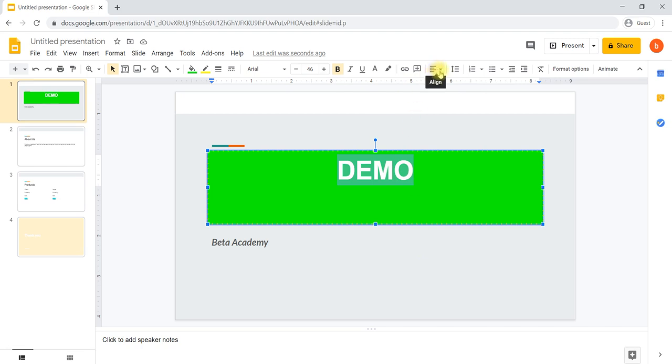Then again align here. The third option is the middle, so that it will be aligned to the center of the box in terms of length as well as width wise. Again, you can align to the top or bottom by using these options. Okay, this is about